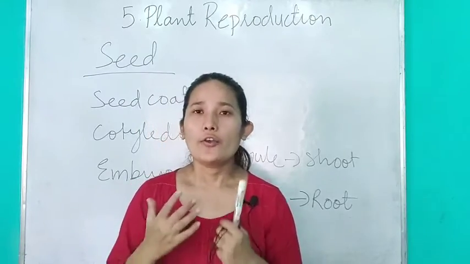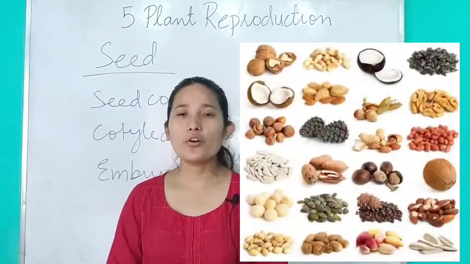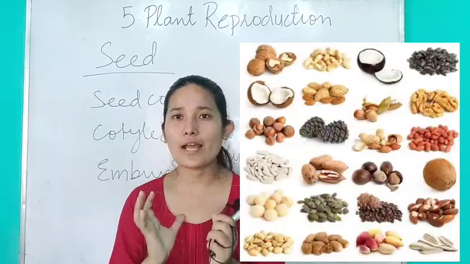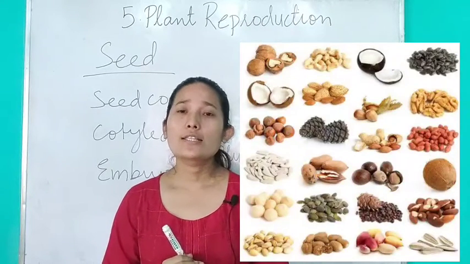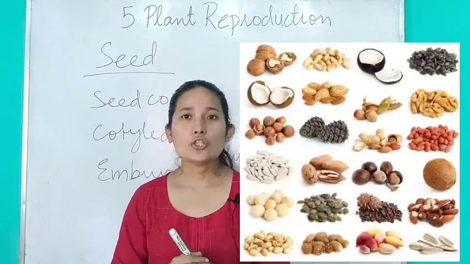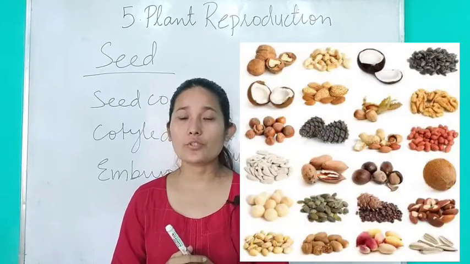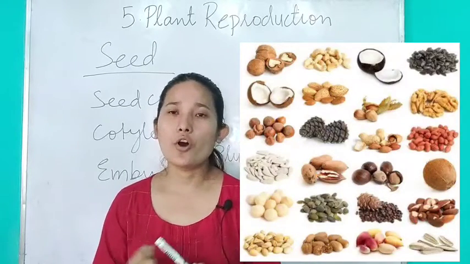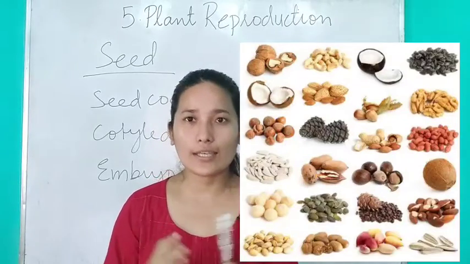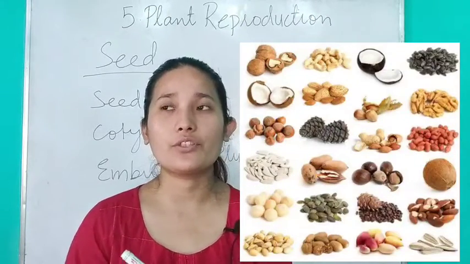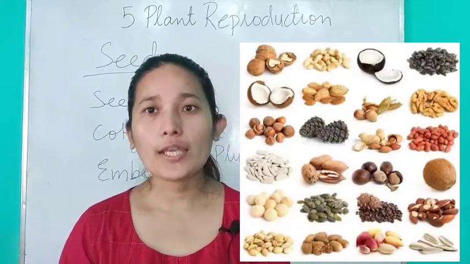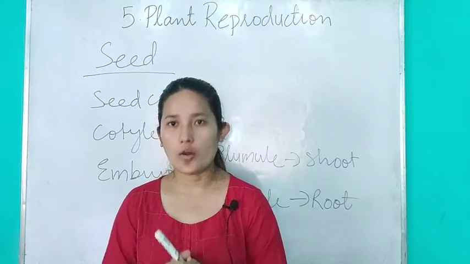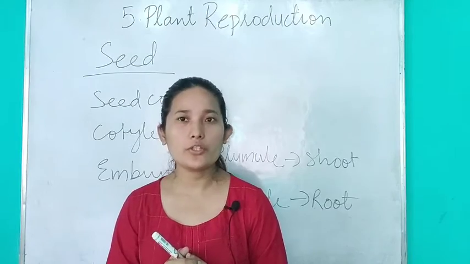Now you might have seen seeds of various shapes and sizes. You have seen the seed of a coconut, it's hard and bigger in size. Have you seen the seed of an apple? It's very small, and there are certain seeds which are even invisible, like in the case of the poppy flower. So seeds vary in their size; different seeds have different sizes and shapes. But all different seeds have certain structures in common, and we will be discussing those common structures.